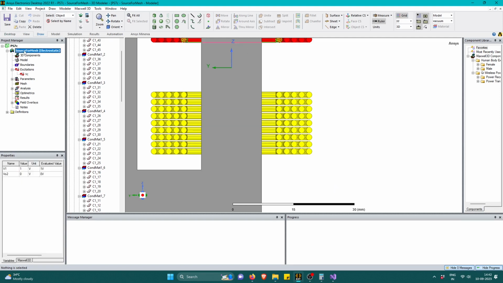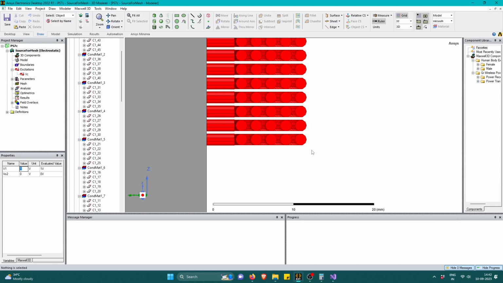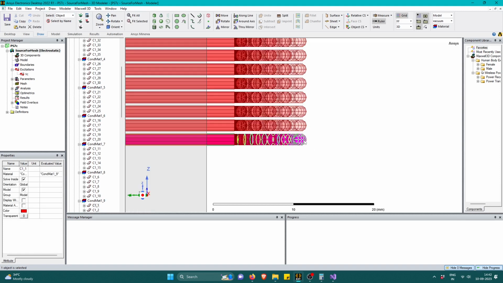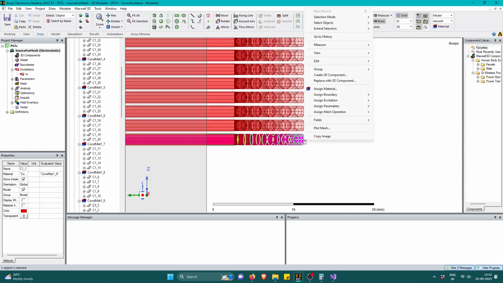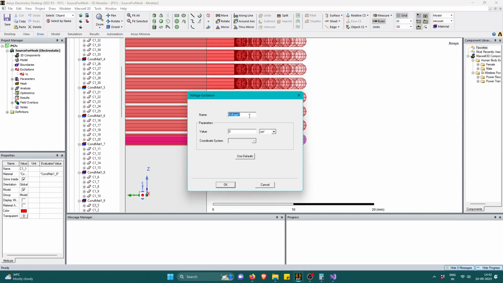And here you can see V1 is defined as 1 volt. I've used V1 in my expression. So let's just start with it. We'll start by assigning the voltage to this first winding. Let's go to assign excitation voltage. I'll name it VP1, and the value I will give as